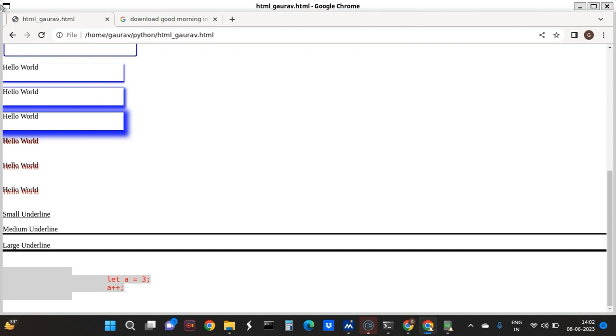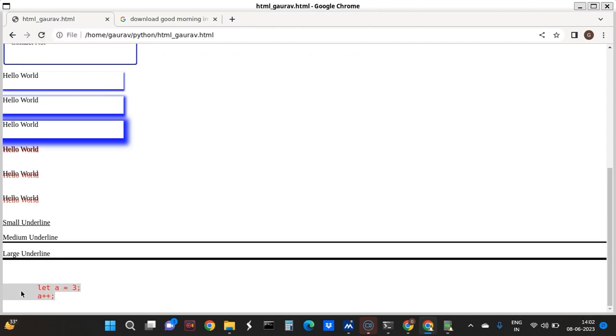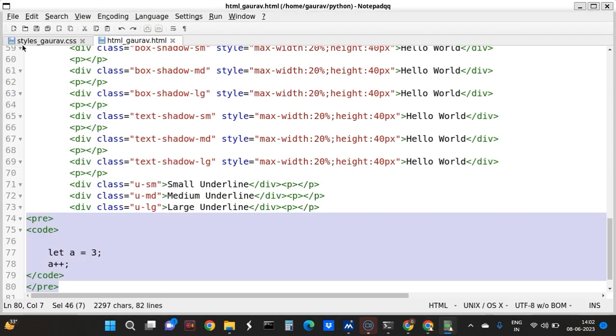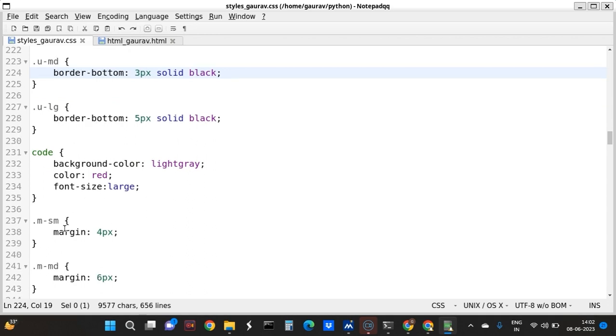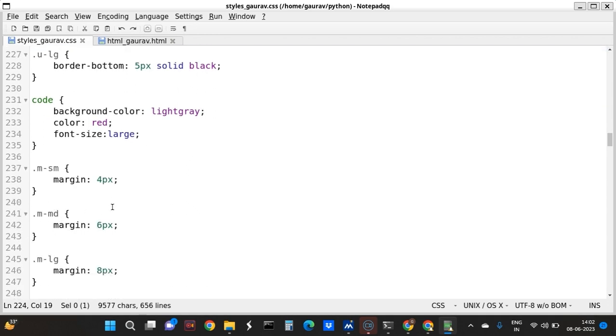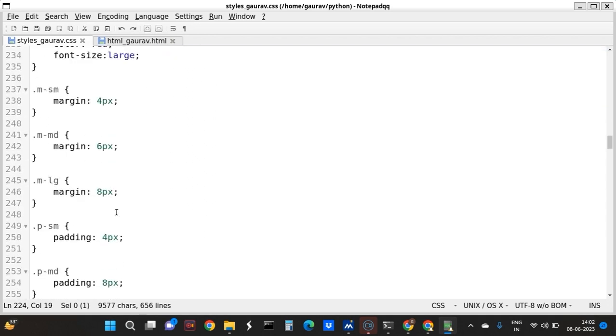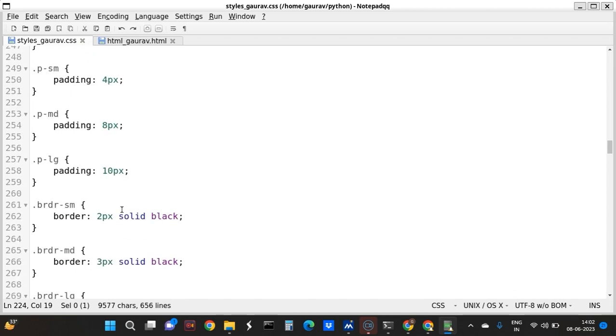So now it will come correctly. See that a is equal to 3 and a plus plus is coming here. So now we add code. After that, margin, small margin. So margins and paddings. Again for borders,